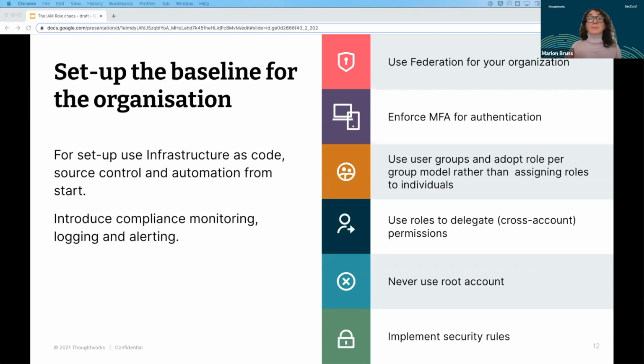And not less important, of course, is to enforce multi-factor authentication. Think about this stolen key. In this case, you would need two things in order to get into the system.